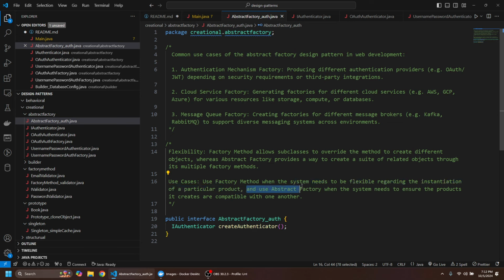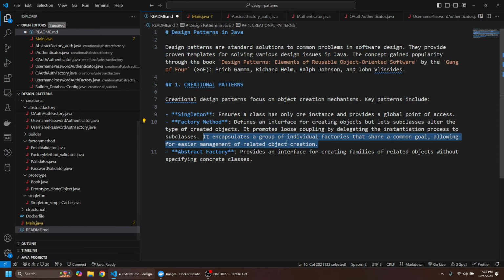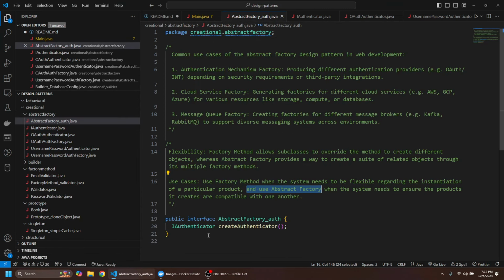But we could use the abstract factory when the system needs to ensure the products it creates are compatible with one another. So that's sort of in line with this group of individual factories that share a common goal for easier management of those related object creation. So let's actually look at the example here, and we can see that we got this auth abstract factory class